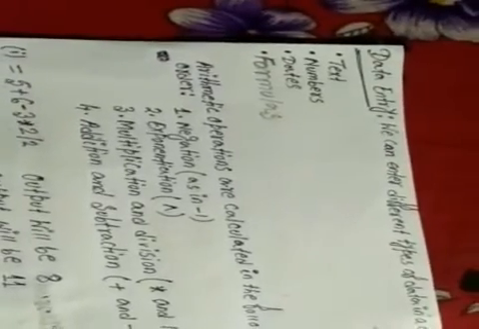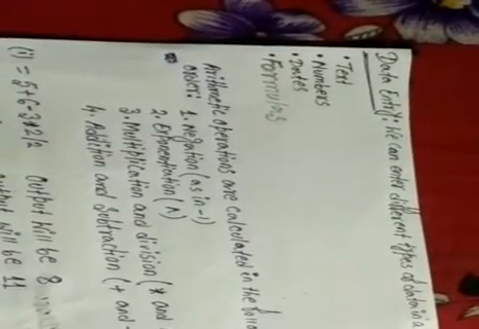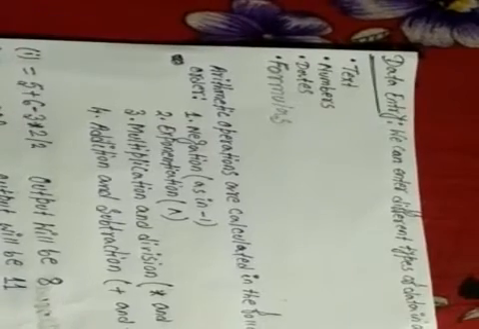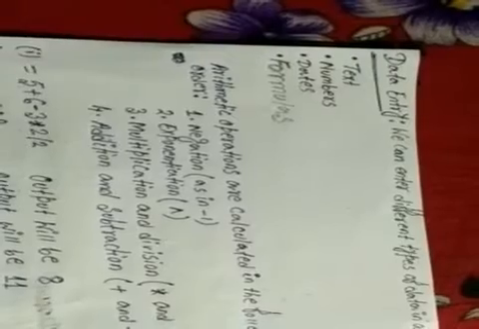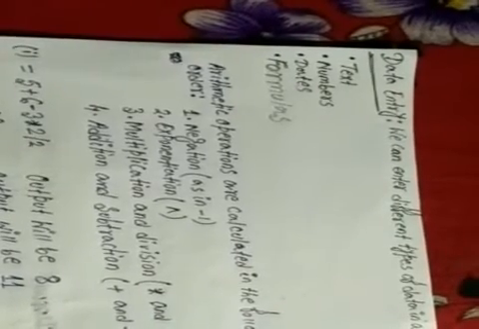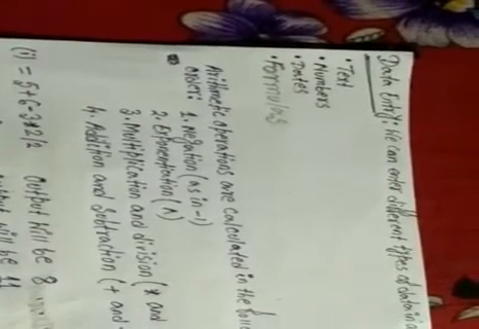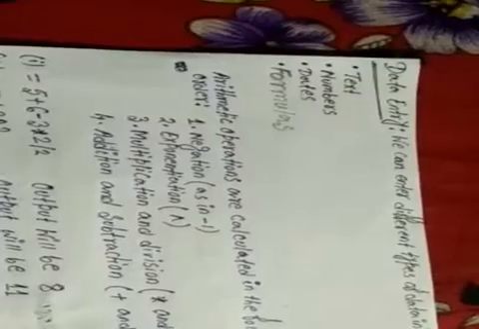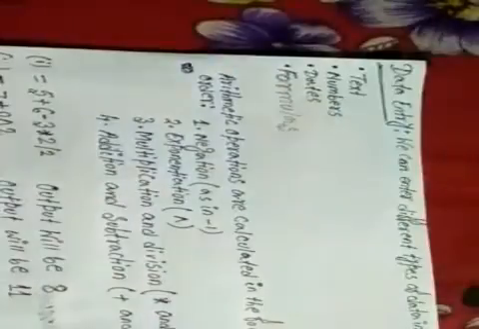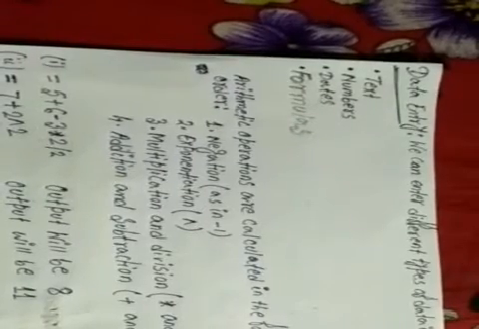Then formulas. The formula could be a combination of values, cell address, operators, or functions. They are used to calculate or analyze data. A formula must be started with equal to sign. If a formula is not preceded by an equal to sign, then it will be treated as text.